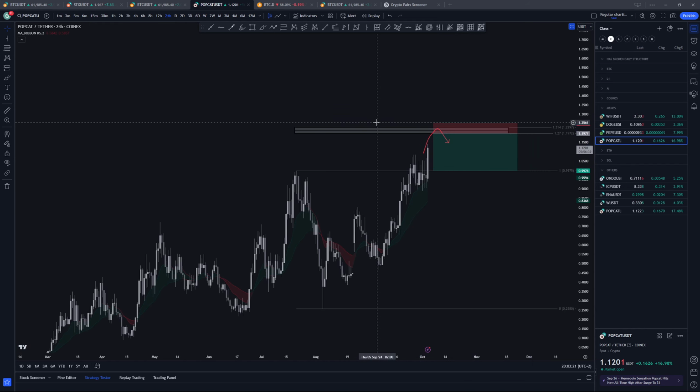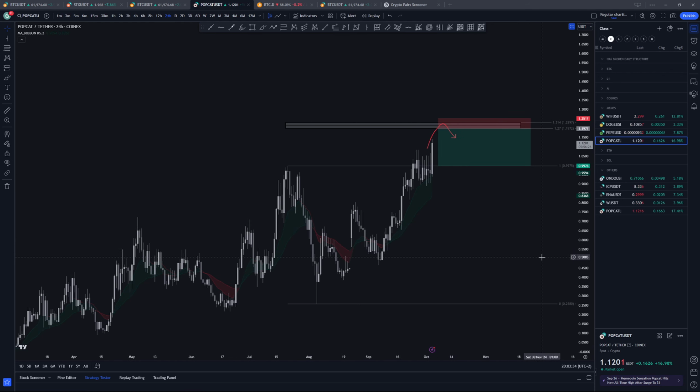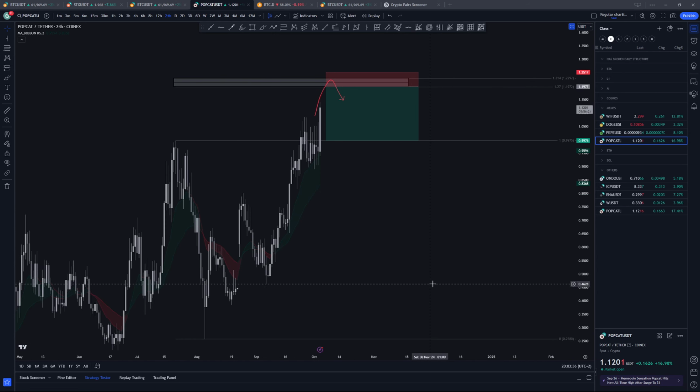If you are in a very heavy bag, you can take this as a TP, but I think on the long term, Popcat's going to go a lot higher. So as a trade, I will TP there. If you're holding it as a bag, I wouldn't TP there. What we can, however, use this for is this little thing, a